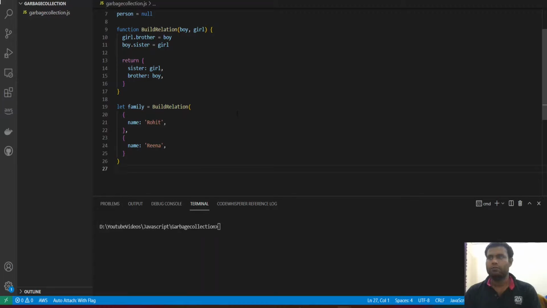Let's take a look at another example. There is a function called buildRelation and it is taking two variables as arguments, boy and girl, and it is assigning the boy as a brother of that girl and the girl as a sister of the boy and returning a new object. Here we have a family which is storing the returned result of this buildRelation. So if I run this program,